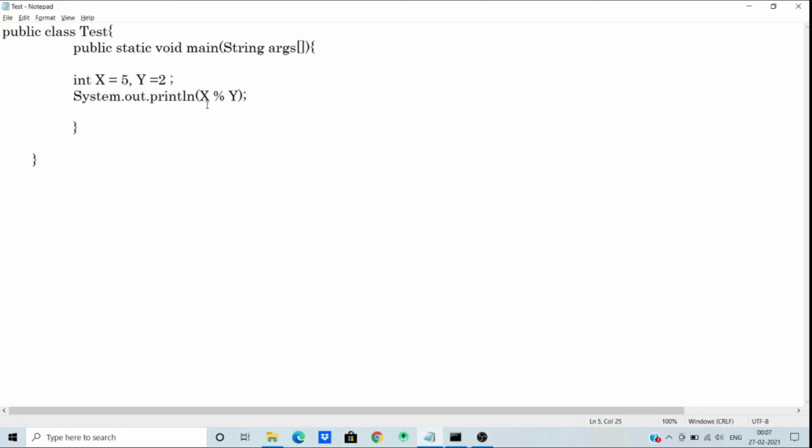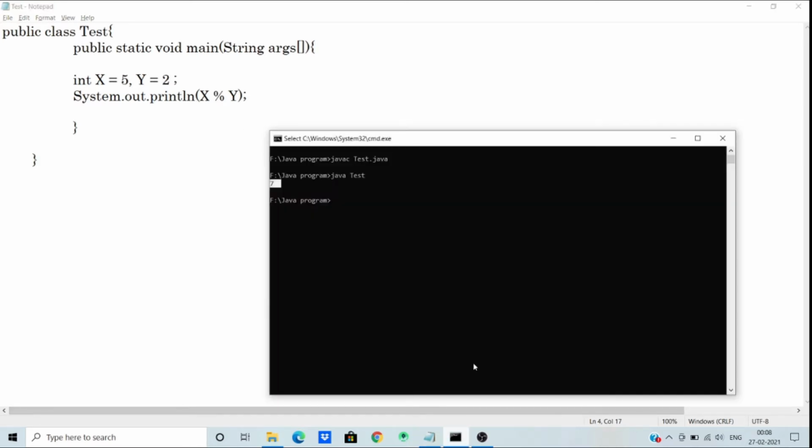It means if I run this program then the output will be 1, because if I divide 5 by 2 then the remainder will be 1. To run this program, first we need to save this file, then compile it again and then run. So the output is 1.